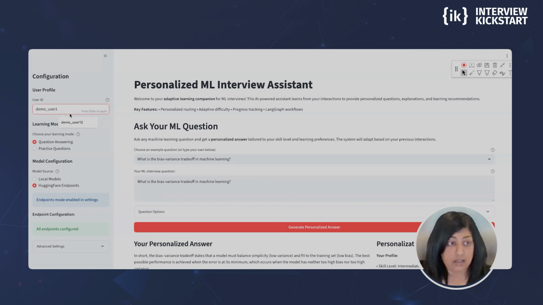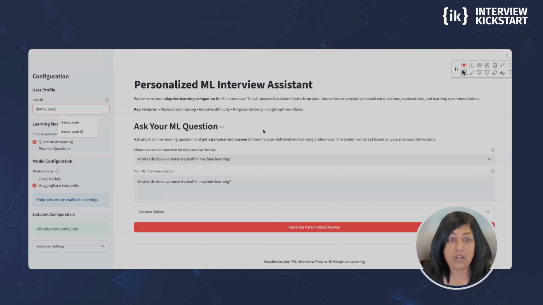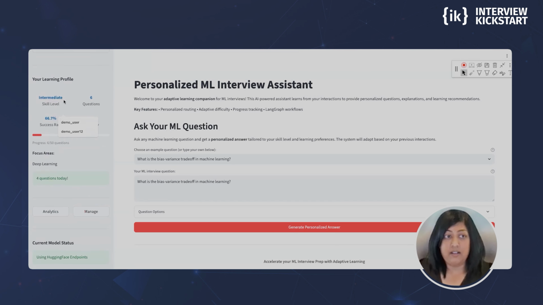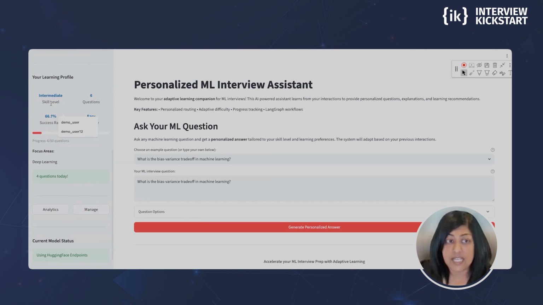But I have the sessions being managed for each of these user profiles independent of each other. So let's start with user 1, and I'll also go into another user's profile to show you the session management in action. All right, so I'm logged in as a demo user. The demo user's learning profile shows an intermediate skill level. Up until this point, they've answered about 6 questions. Their success rate has been